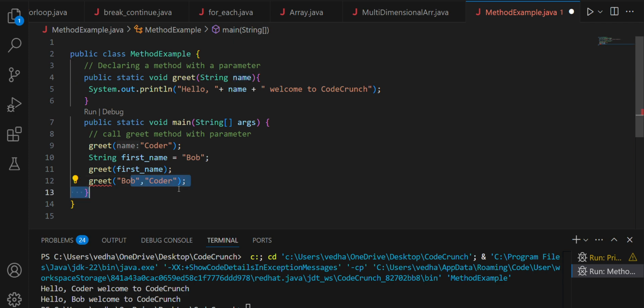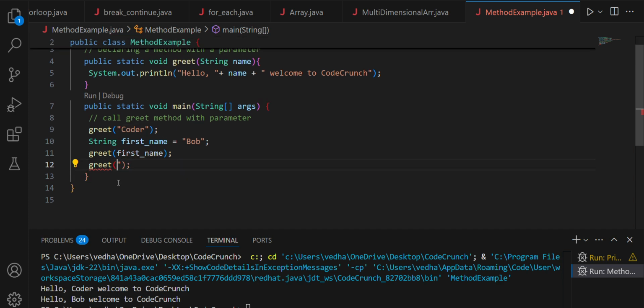If I give two parameters, it shows me an error. Or even if I take